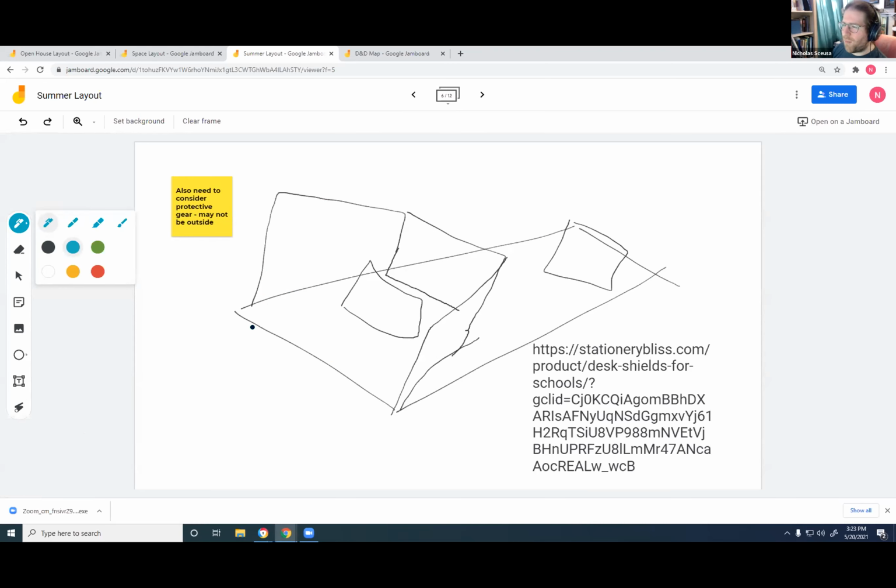But regardless, just as a quick example, we were trying to come up with ideas for barriers. One of the cool things about being able to use a Jamboard with this is, okay, could we maybe do a 3-tiered thing? We were also like, all right, do we want to just do a partition that's in the middle? Should we use brackets to secure them? Do we want to use Velcro sections? Even though these are just squiggles, just getting the ideas out is very important. And that's something that we use on a regular basis.